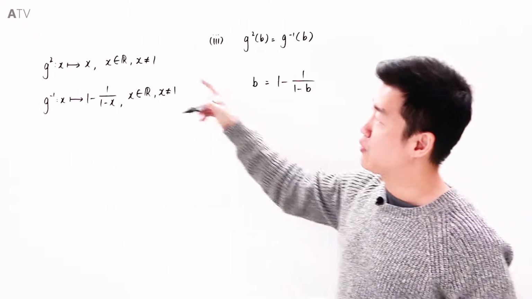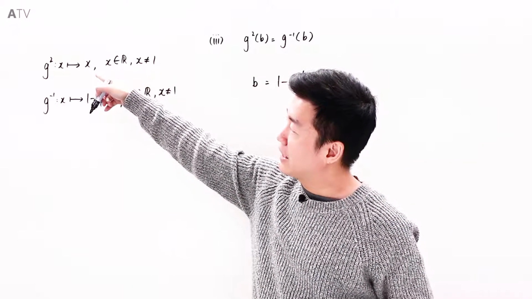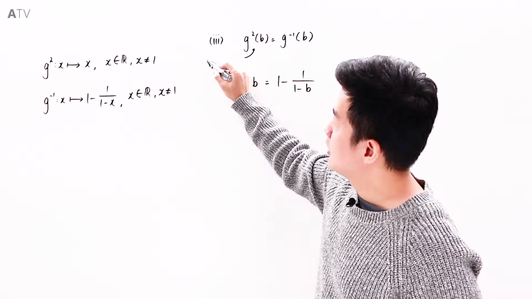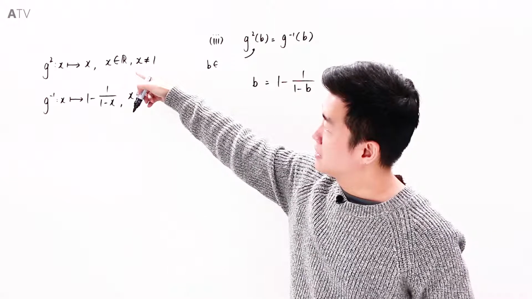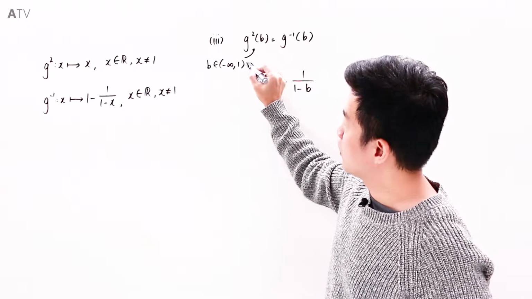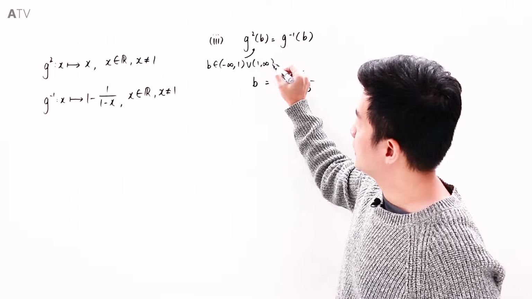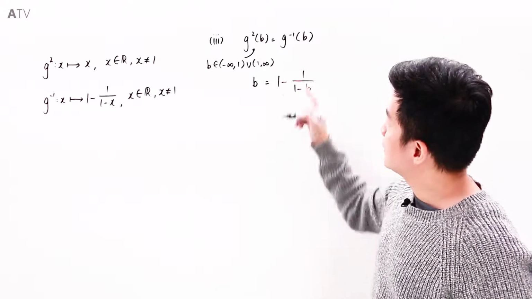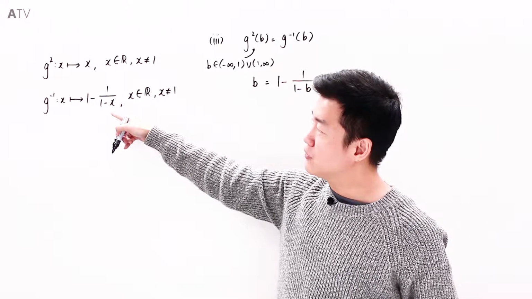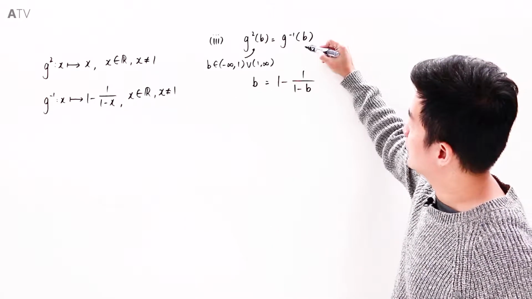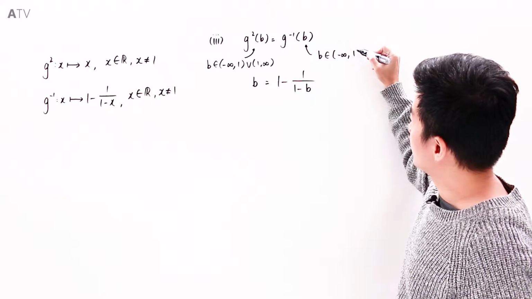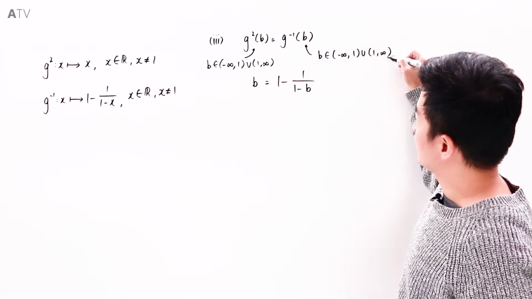But at the same time, we have also found out the domain for x in g2(x), which means that on the left hand side here, b must satisfy the same set of numbers. So it is going to be from minus infinity to 1, or from 1 all the way until infinity. The same goes for the right hand side, which is the domain of g inverse that must be satisfied by b over here. So b is going to be from minus infinity to 1, or from 1 to infinity,